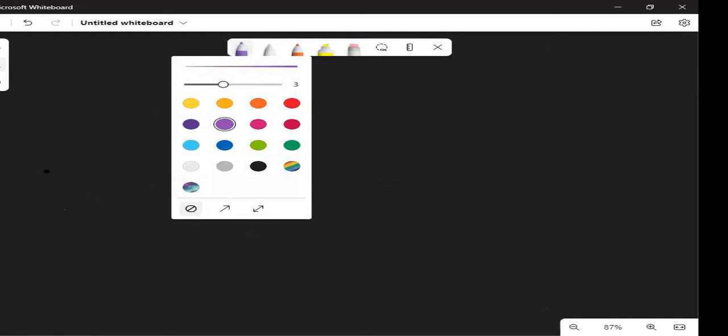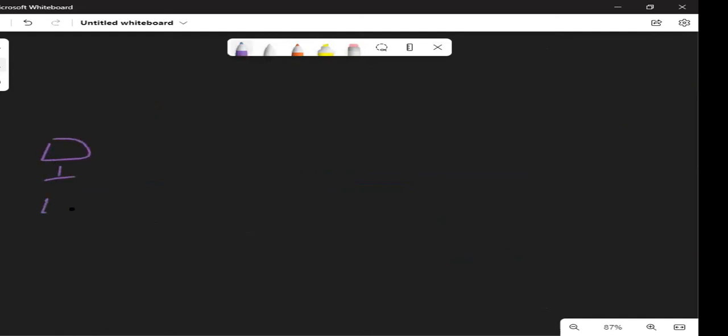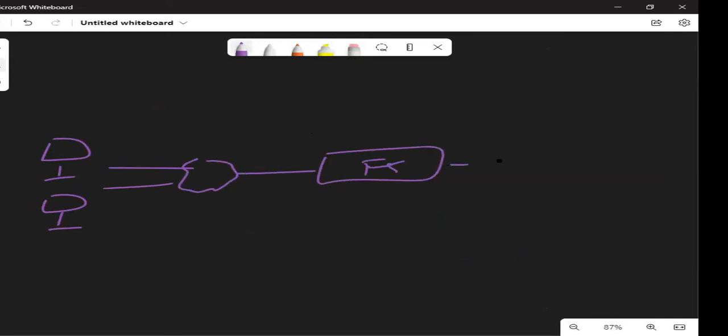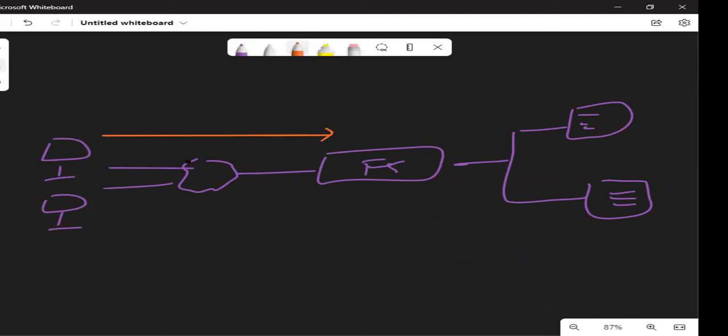Now, I am telling that users are coming. They are going to the F5. F5 in turn makes the connection with the servers. It means if it is a TCP connection, there would be a SYN, a SYN-ACK, and an ACK. Or I can say there would be a three-way handshake.